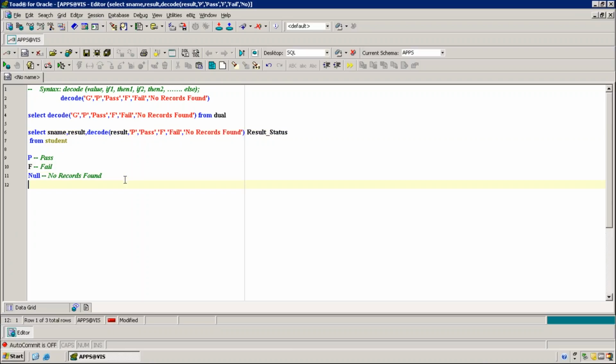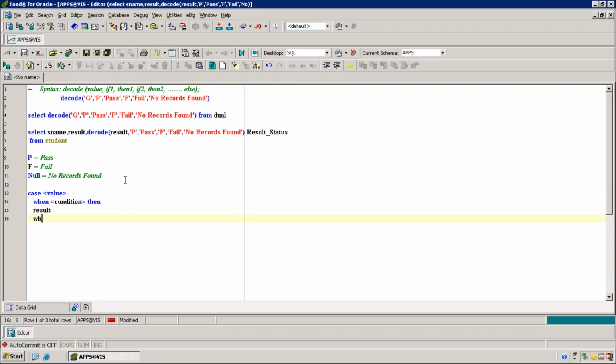Now, the same scenario, how to do using case. What is the case syntax? Case syntax is case, column or value. Here we can put a value. When condition 1 then result.